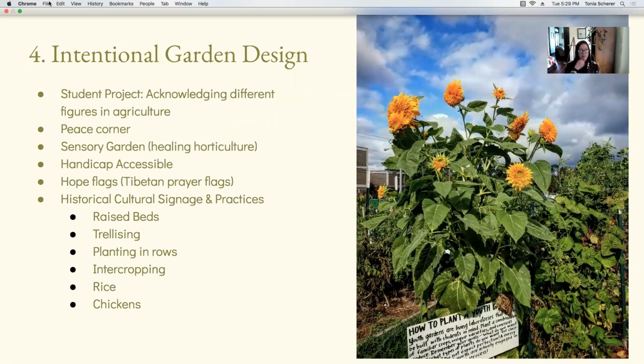Finally, I want to talk a little bit about creating intentional garden design. So you definitely want to be intentional when you're thinking about how you're going to plan your garden, whether it's a new garden or just for the new gardening season. This could be a student project where students do some research and learn about different historical gardening practices. So rather than just putting up a trellis to grow squash on, you could task the students with researching trellising and what culture really started that practice, or look at the ways different cultures create trellises. And you could try to recreate some of that.